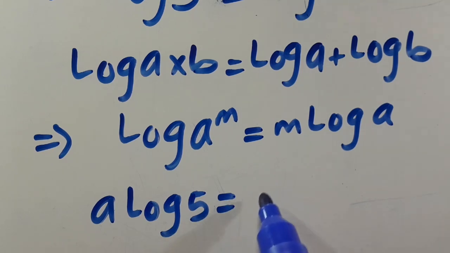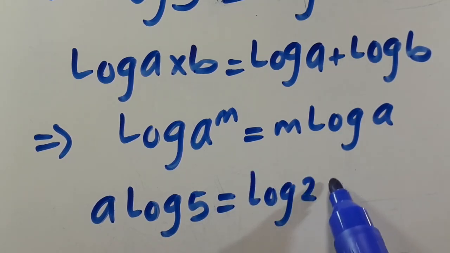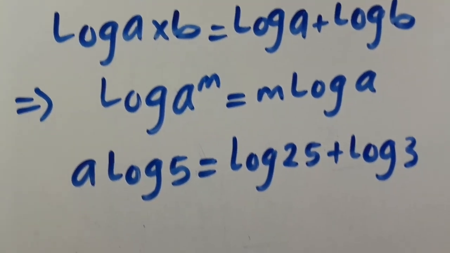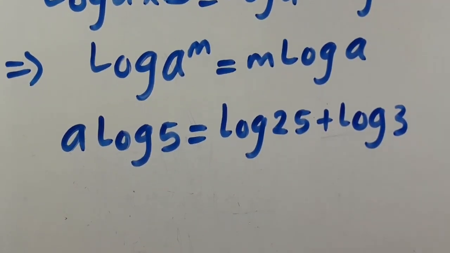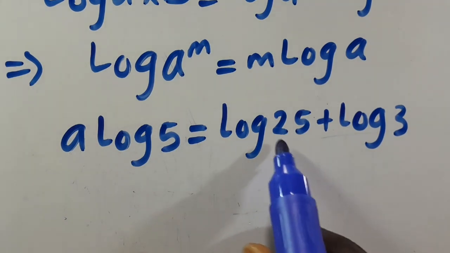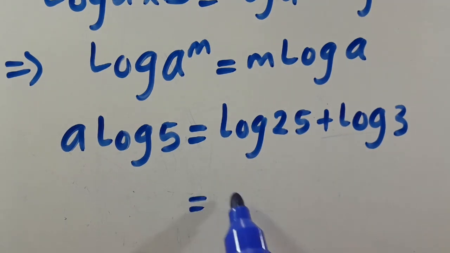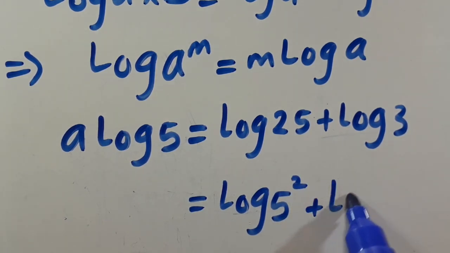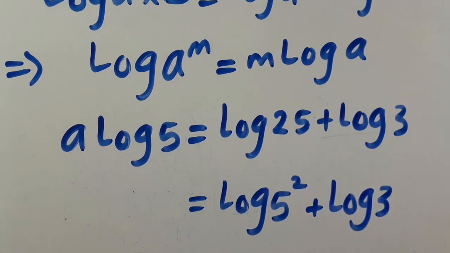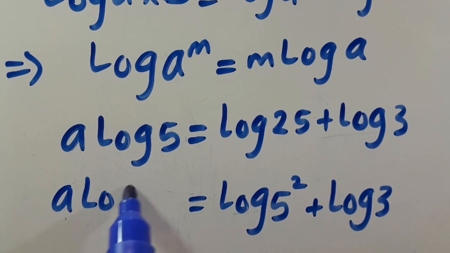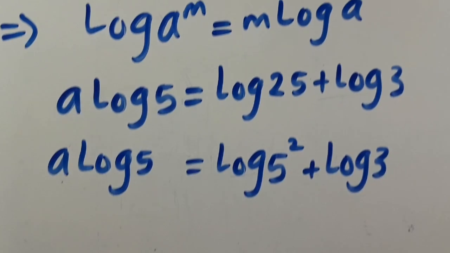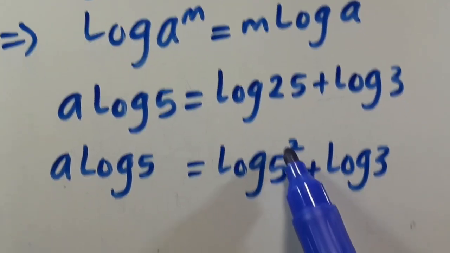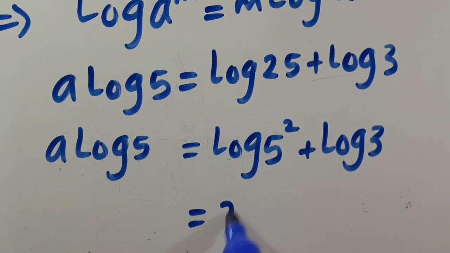log 5 equals log of 25 plus log of 3. Then mind you that let's have 25 in base 5 as log of 5 to the power of 2 plus log 3, and everything equals a log 5. Remember that according to this ideology, this power will come down to the base here. So by applying it here, you're going to have 2